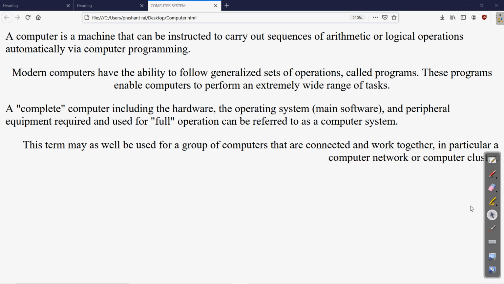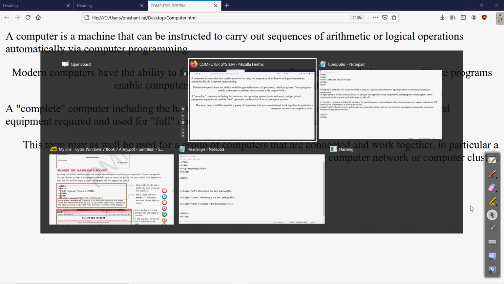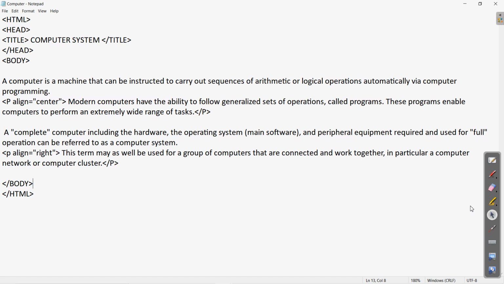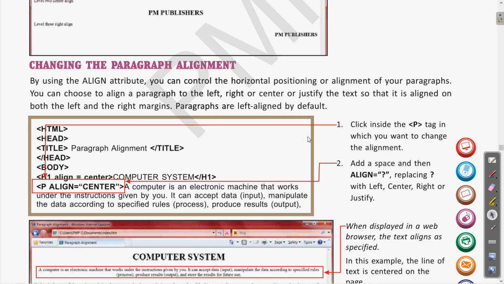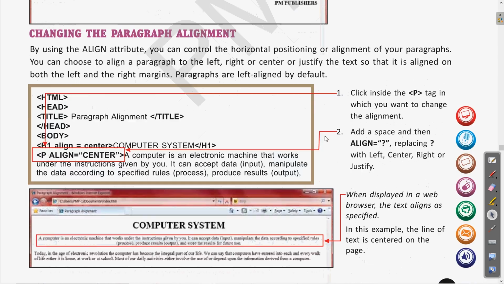Whether it is the paragraph tag or the heading tag, we have used the alignment option. Clear? These two alignment options we have seen: how to use the alignment for the paragraph and how to use the alignment for the heading.